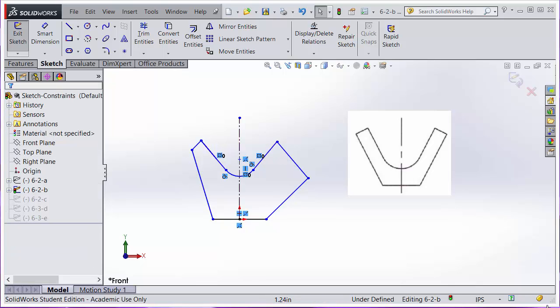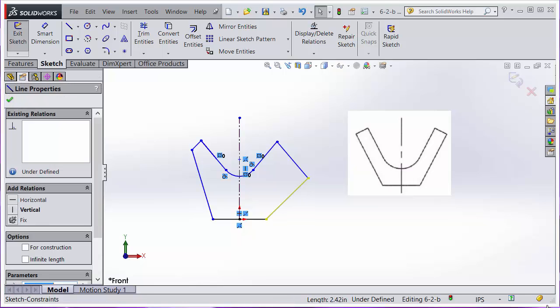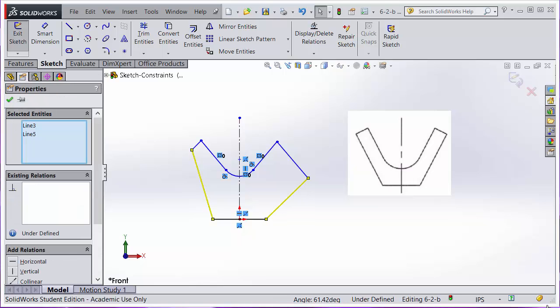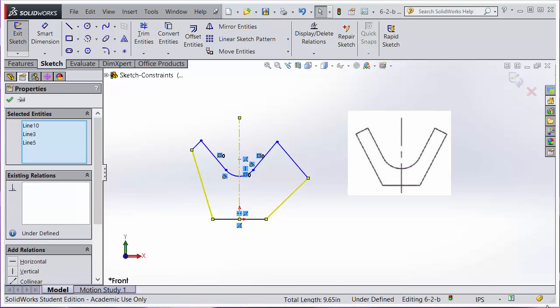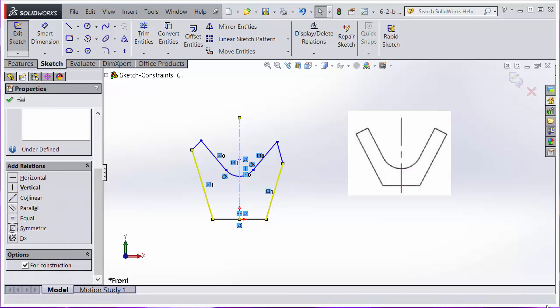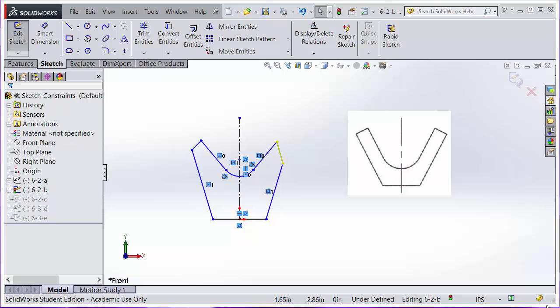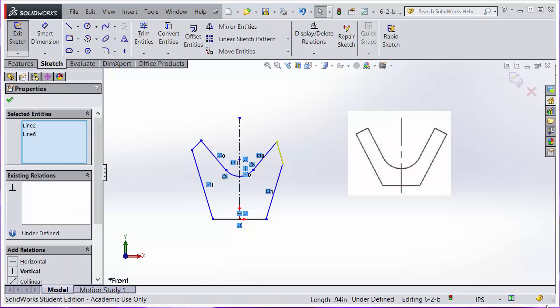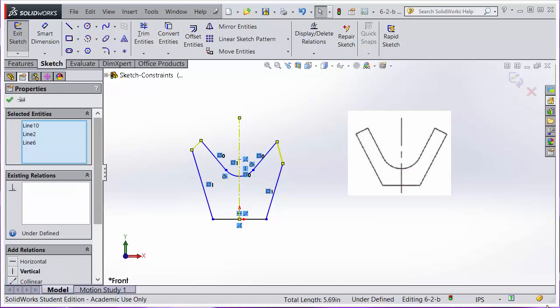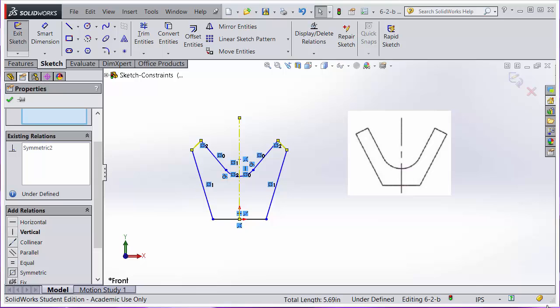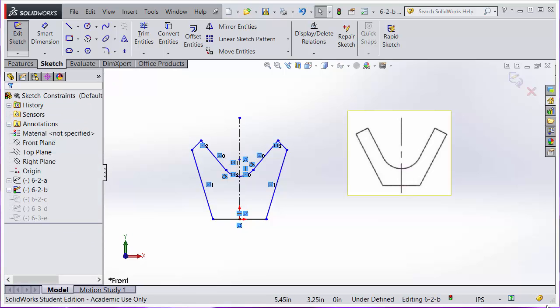So I'll do the same thing on the matching entities like this one and that one, and also select the center line together, all together. Three entities are selected, and then there's symmetricity. And we'll also do the same thing on these two lines, symmetric. And it looks like these two inclined lines are parallel to each other, so I want to add that